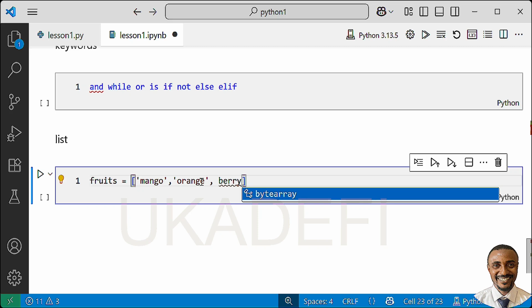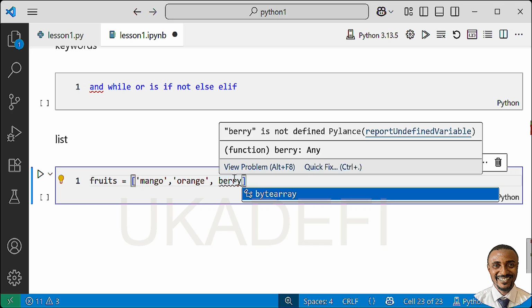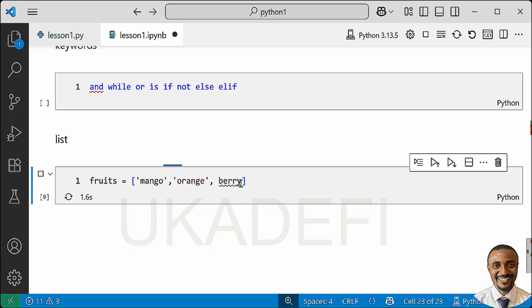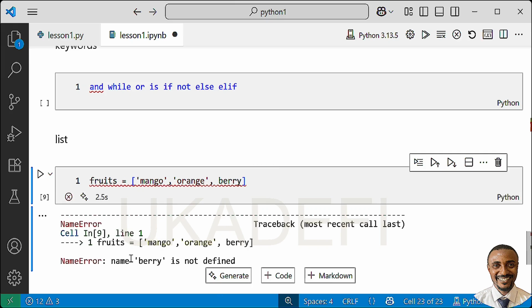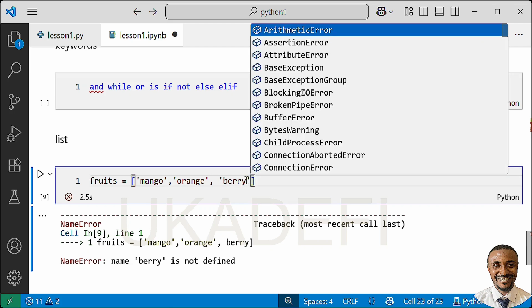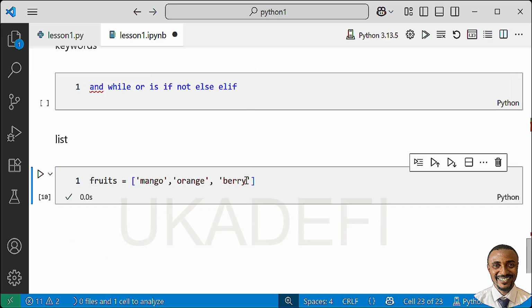Now if you run this, it's going to give you an error, because this one is recognized by Python as a name, not a text, and it's not a variable. Why? Because there are no quotes on the right and left side. So let me run this and show you. It's going to output an error. It says name berry not defined. So to tell Python, this is actually a fruit and it's text, not a number, not a boolean, not a symbol, let's add the quotes. I'm just going to add this, and if I run it again this time,